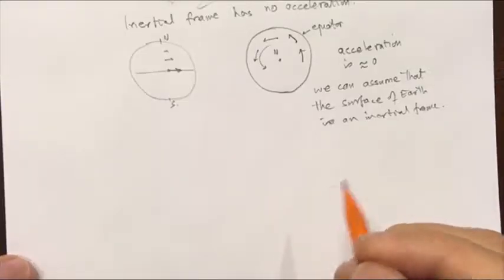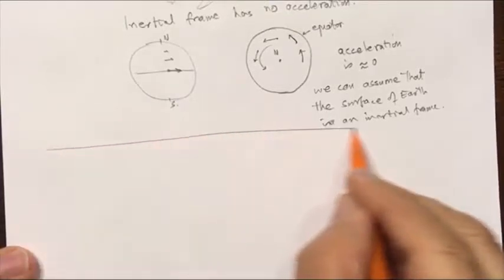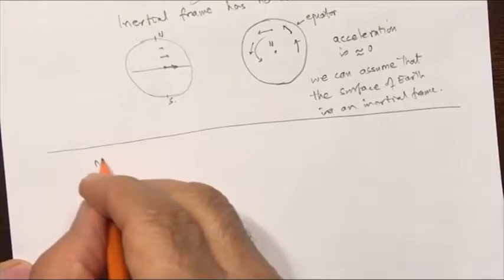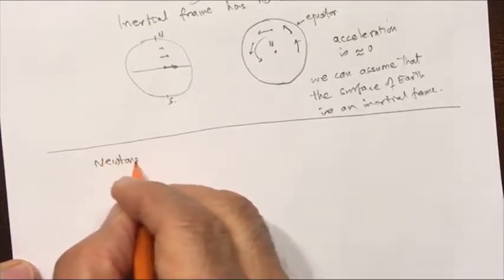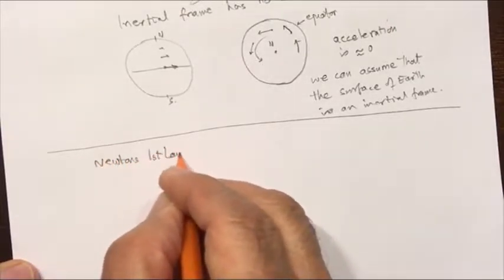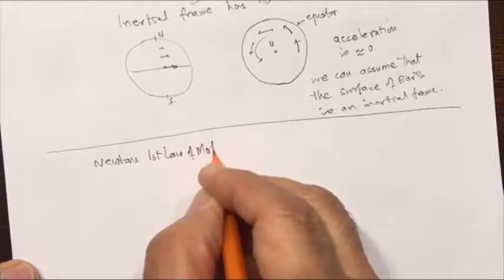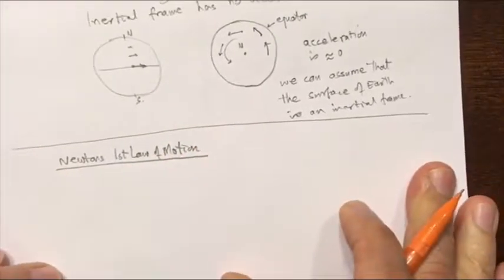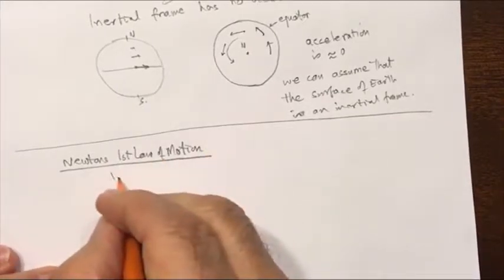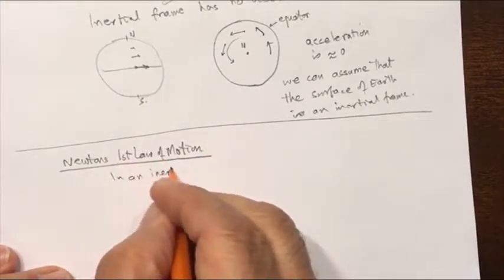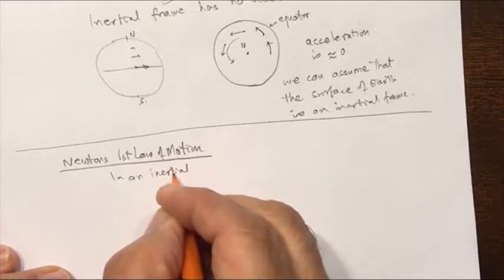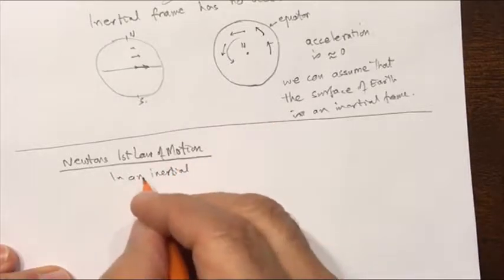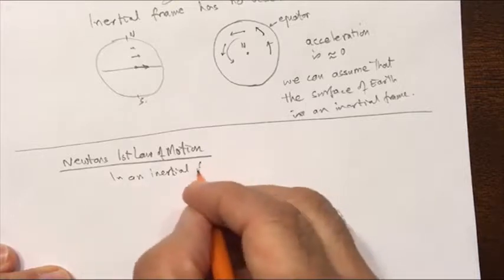We now come to the three laws of motion. And so we look at the first law of motion. This law says that in an inertial frame, the other two laws will also apply to inertial frames. Yes, in an inertial frame,